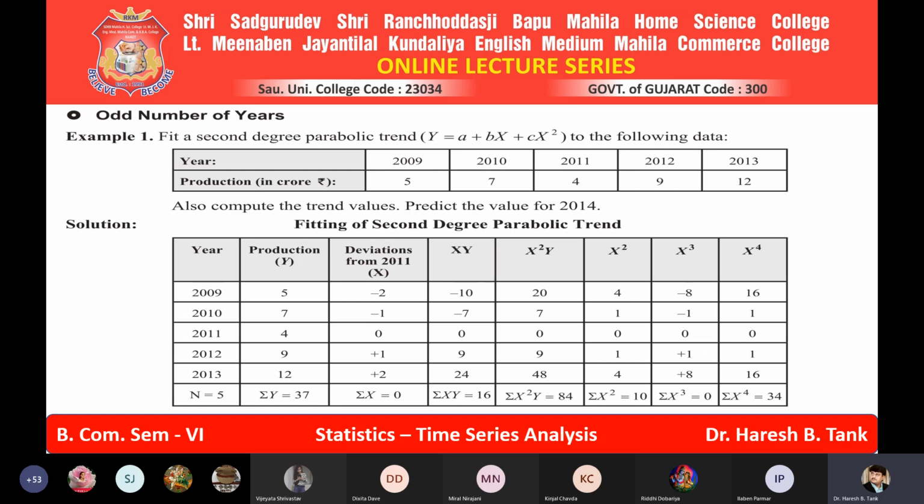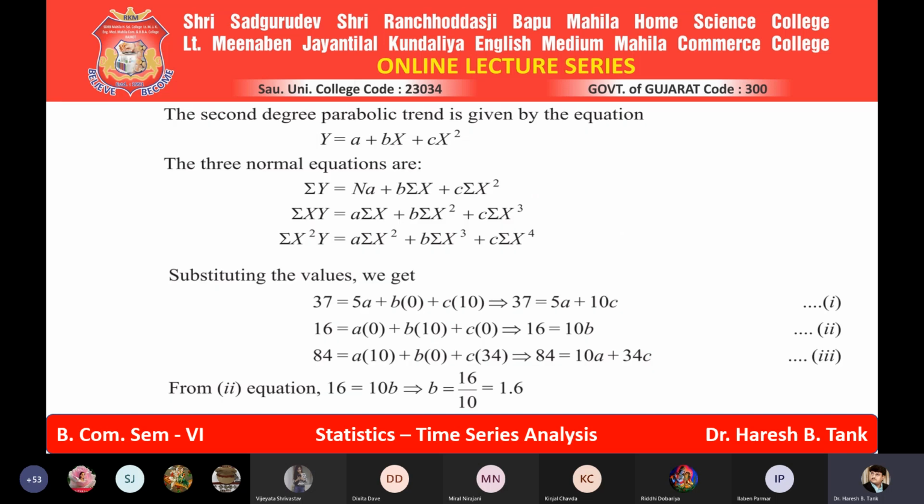Okay, now since you have all the values which are required, we have to do some calculation work. As we know, the second degree parabola is y equals a plus bx plus cx squared. The normal equations are summation of y on both sides, the second equation is with summation of x, and the third equation is with summation of x squared. Simplifying it, the value of b is very simple in that case. So the value of b is 16 upon 10,